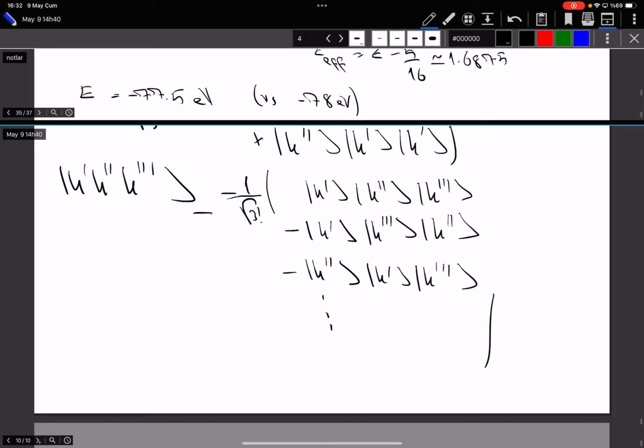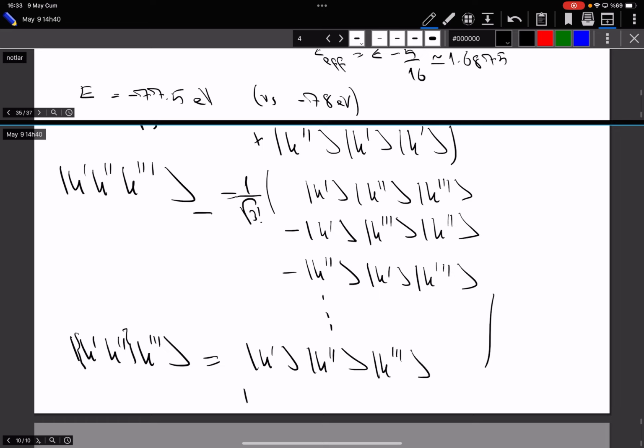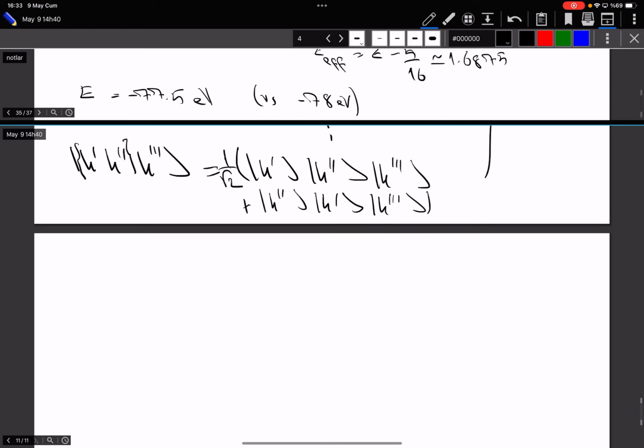Then I can have mixed symmetry terms, let's say it's symmetric under the first two particles, but has no symmetry with respect to the exchange with the third particle. Well, okay, you can just write down all the rest. Now, if you want to write down the total wave function, let's say,